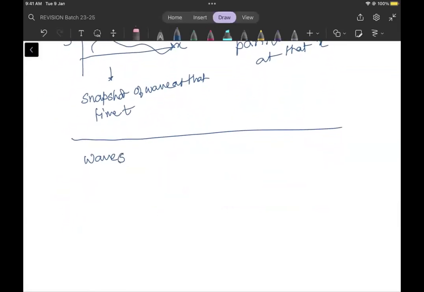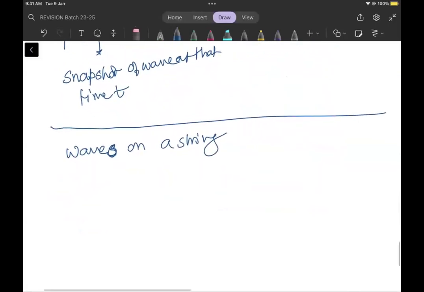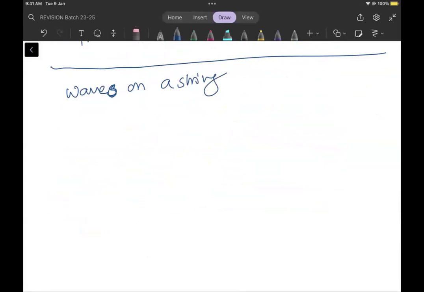Waves on a string. Okay, so for waves on a string, दो तीन चीजें याद रखनी है, मैं क्विकली बता दे रहा हूं। अगर waves on a string का क्वेश्चन आया तो प्लीज रिमेंबर दैट